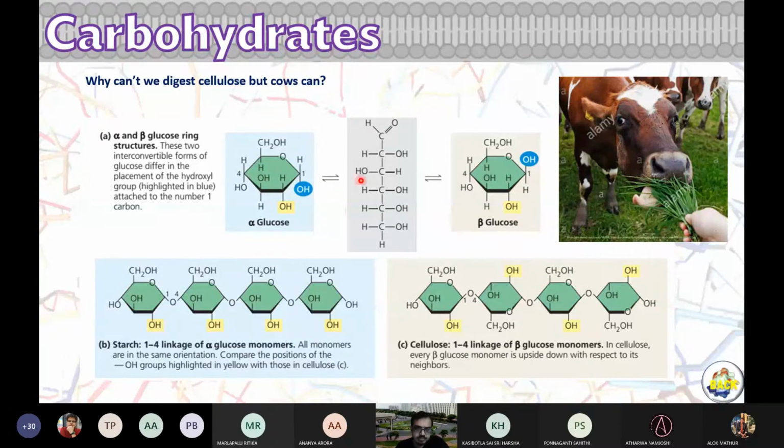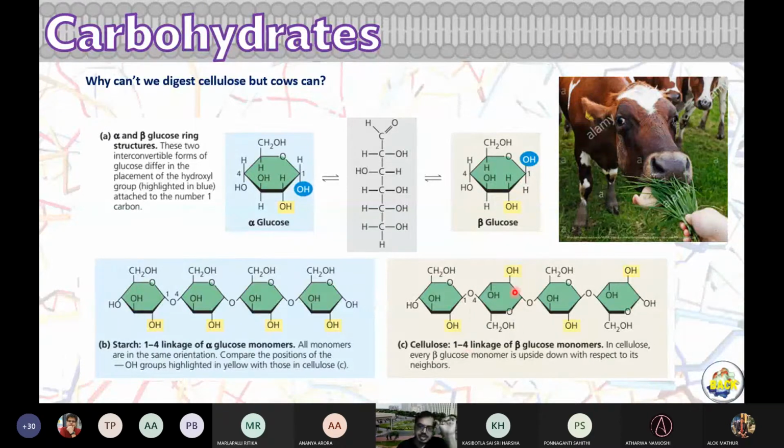That means when you take glucose, you will always find that both of the forms are present. Okay, but while making starch, and while making cellulose, when joining multiple monomers of glucose, specific forms are preferred, and that's how it is a beta linkage. So this ether group is below, oxygen is below. You can see here. Here the ether group is above. So we can say alpha 1,4 linkage in case of starch, and in case of cellulose, it is again 1,4 linkage, but it is beta 1,4 linkage.